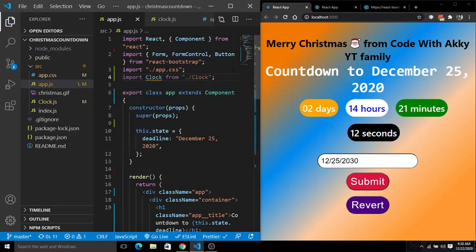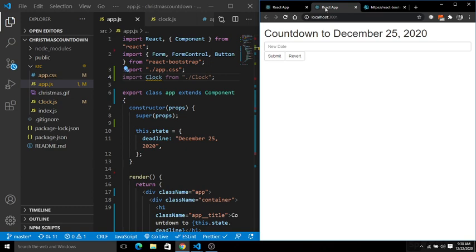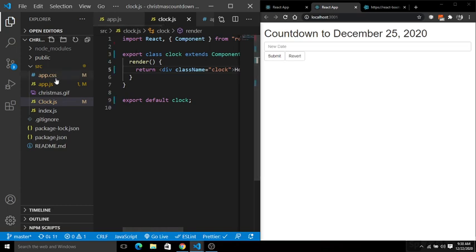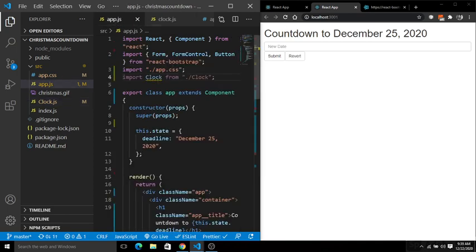Now save this. You will see hello from clock will render out on the screen. Okay, let me see. I have given the name clock in the capital, and inside here clock is in the small. Okay, it is fine.